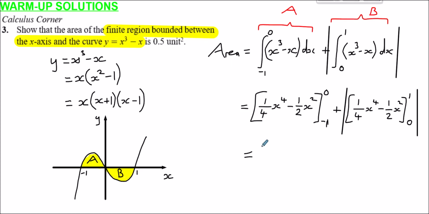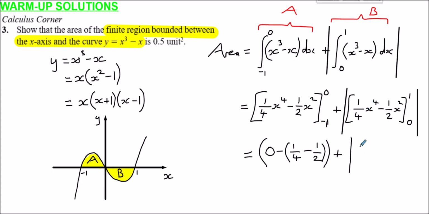So, for example here, we input 0 first of all, the upper limit. Input 0 into this, the whole thing's just 0. Then minus off what we get where we input minus 1. Well, minus 1 to the power 4 is just going to give us 1, so it'll just become a quarter. Then minus a half of x squared. A half of minus 1 all squared is just a half. And we plus